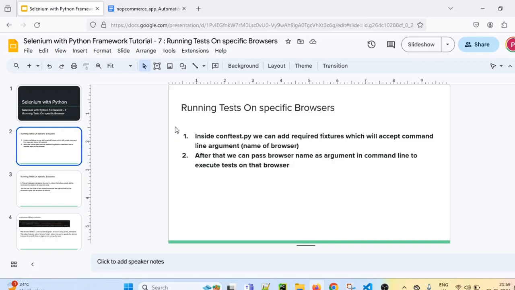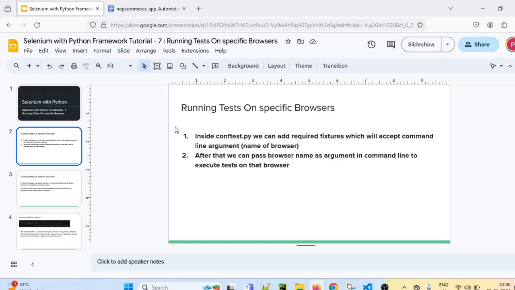If I pass Chrome, then it should execute on Chrome. If I pass Firefox from the command line, it should execute the test cases on Firefox. If I pass Edge as command line input, it should execute on Edge. So we will see how we can write that.